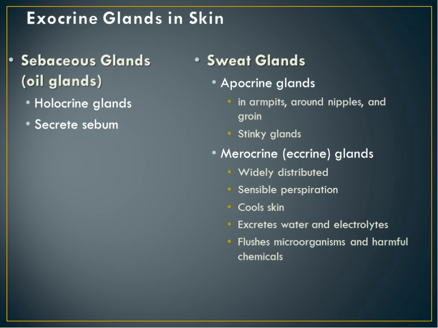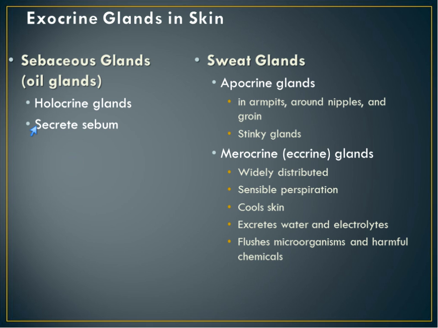The different types of glands in the skin: sebaceous glands we've already talked about. Those are oil glands. And these different glands may have different modes of secretion. The modes of secretion are pretty important for us, and we'll talk about those in a second. Sebaceous glands are considered holocrine glands. A holocrine gland means that the entire gland is going to explode in order to release its contents. So in the case of sebaceous glands that make this sebum or this oil, the entire gland is going to